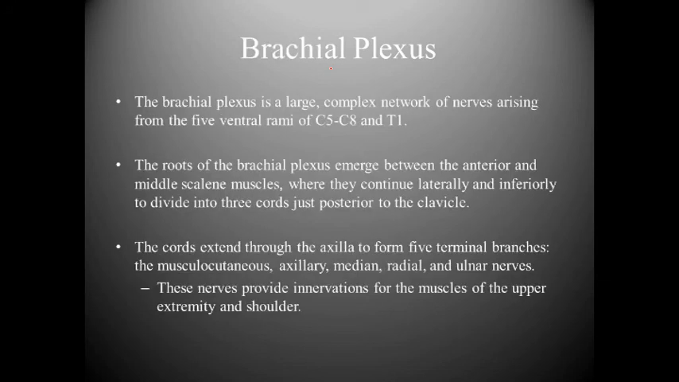Also, the brachial plexus. The brachial plexus is a large complex network of nerves arising from the five ventral rami of C5 through C8 and T1. The roots